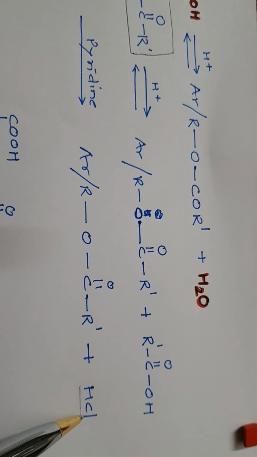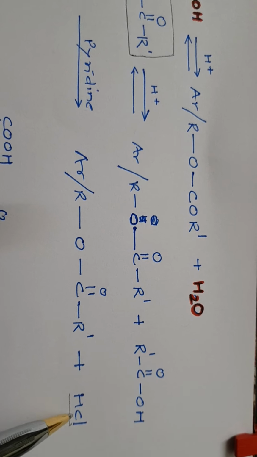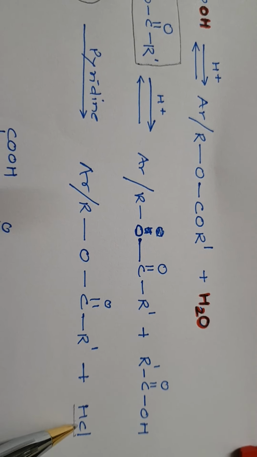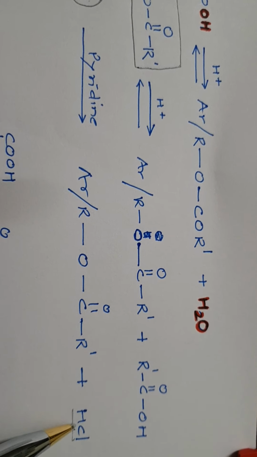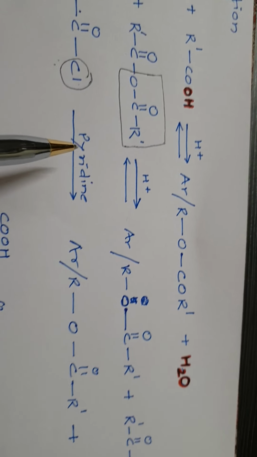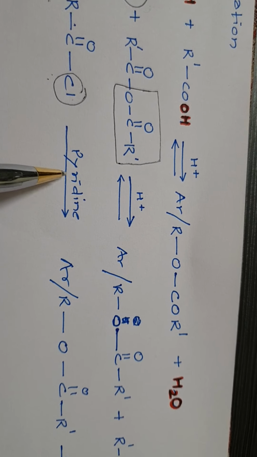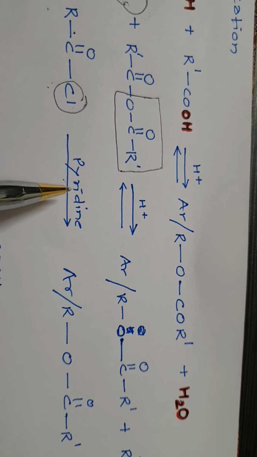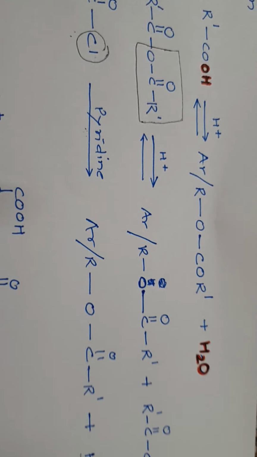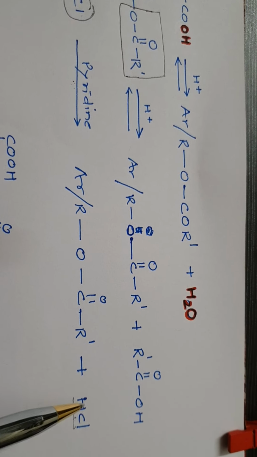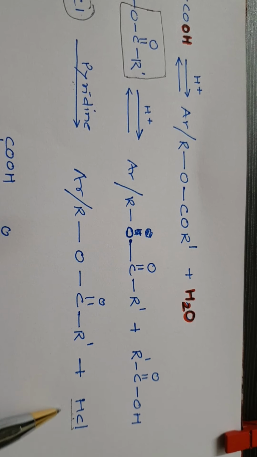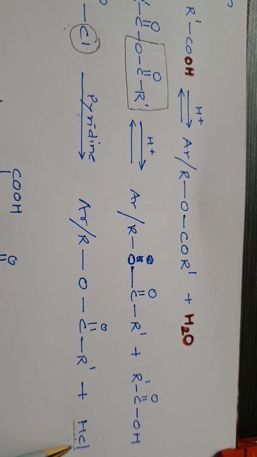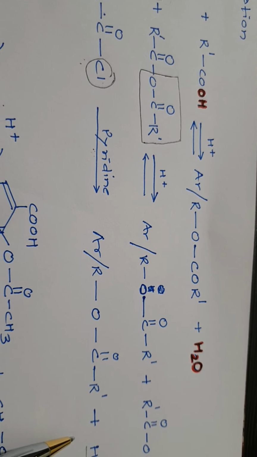Now understand that it's because of this hydrogen chloride which is formed as a byproduct in the reaction, to balance this acid, we make use of pyridine. Pyridine is a base which is used in this reaction. This is simply used to neutralize the effect of the acidic nature of the hydrochloric acid formed in the reaction. Let us see one example of